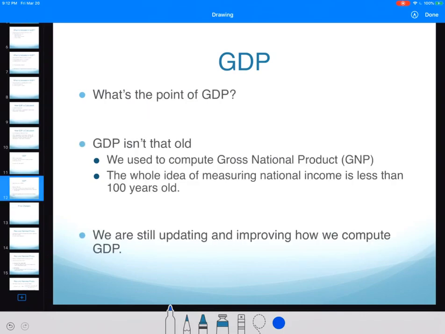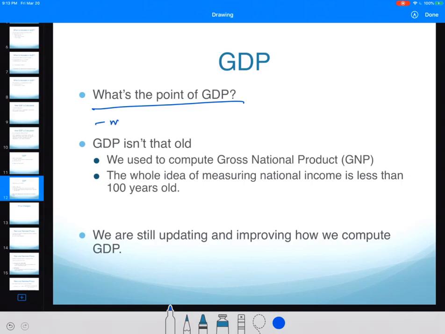We are on to our last slide of this section. Now, before we get to price changes, which will be in the next section, let's talk a little bit about what the heck is the point of GDP. So, turns out GDP as a measure is only about 100 years old. Right? The push to measure GDP basically started a little bit before the Great Depression. Okay? And the idea is we're trying to measure